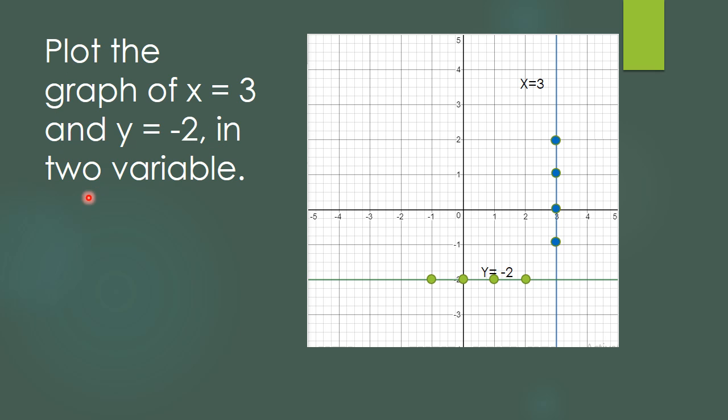These questions are in exercise 4.4. Solve this exercise 4.4. Try to solve it. Tomorrow, I'm not going to upload any video, but it doesn't mean that tomorrow is a holiday for maths. Tomorrow and the day after tomorrow, I'm giving you two days to complete your work. If you have not completed it, utilize these two days to complete this chapter. From Monday onwards, we will start with the new chapter. Before starting a new chapter, better complete the sums of this chapter.